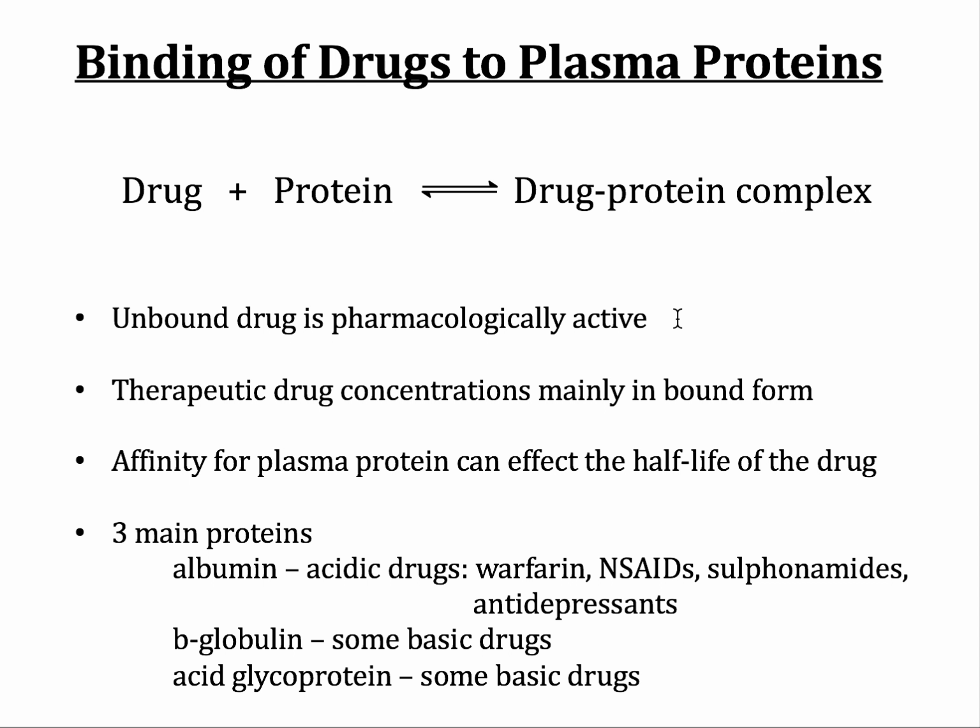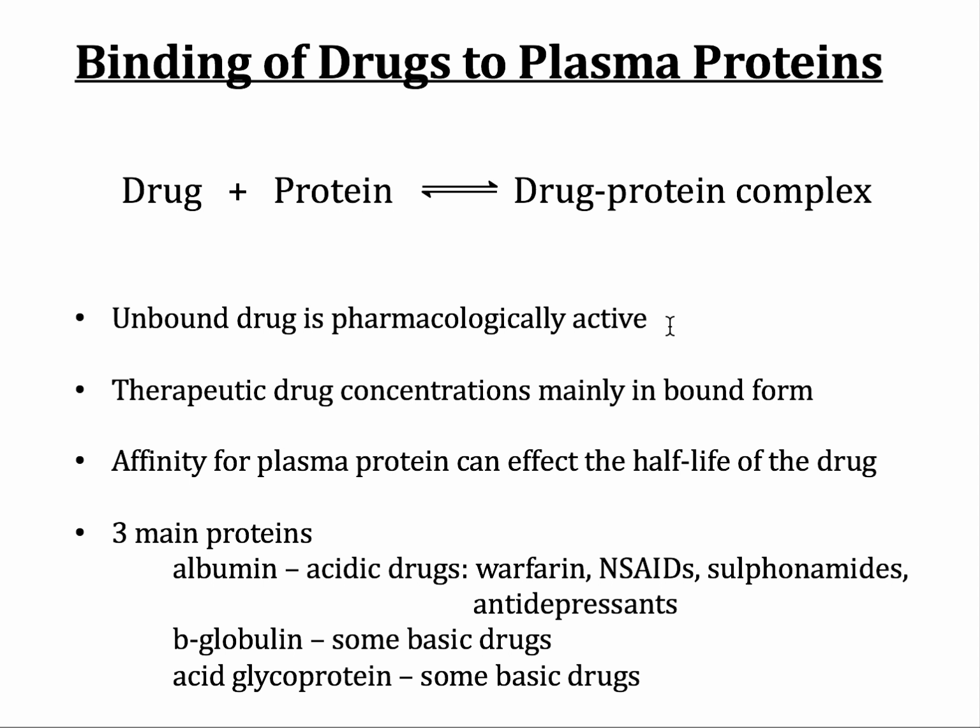So it's much better for them to be bound when they're traveling through the different areas which don't require the drugs. For example, if you have some sort of antibacterial infection near your armpits, you don't want the drug to be effective near your elbows. You want it to be effective near the armpits. So it's only once those drugs get there that they become unbound and